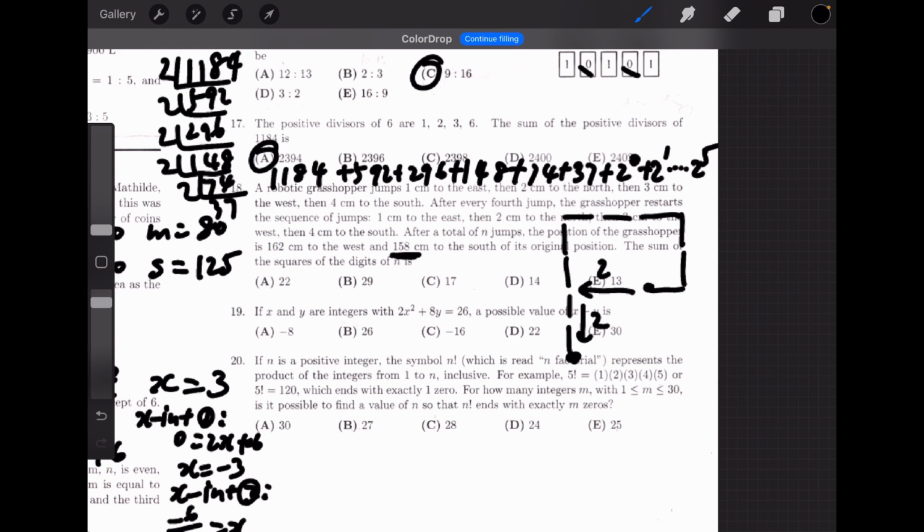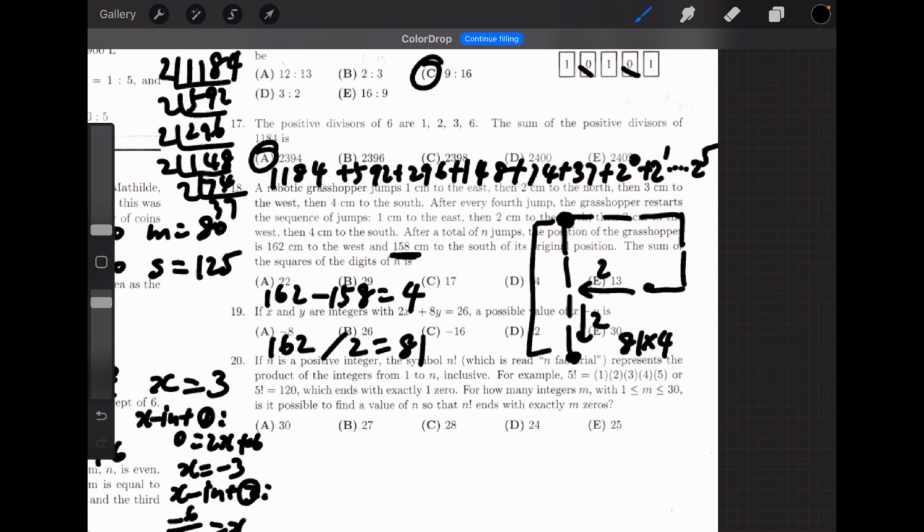However, now we only have 158 centimeters to the south, which is 4 centimeters from 162. And 4 matches the 4 jump to the south in the sequence. Therefore, we know that the last step in the sequence is not complete. In other words, the grasshopper should stop here. So let's just pretend that the last sequence is completed, and this would give us 162 over 2, which gives us 81 sequences. However, because the last step is not completed, therefore the total number of jumps should be